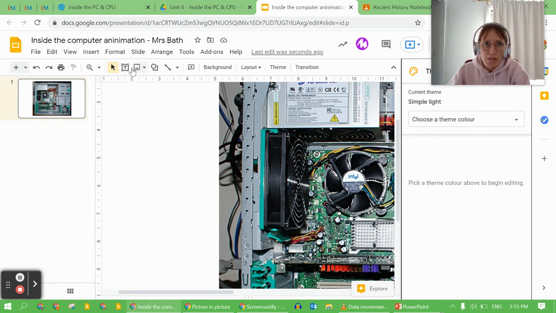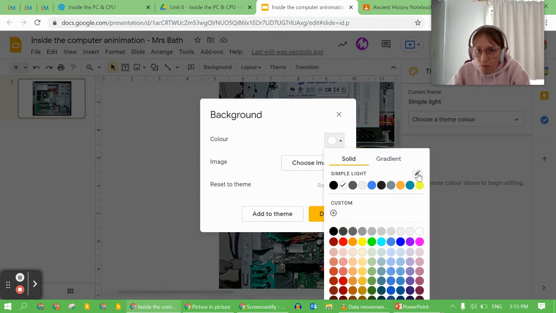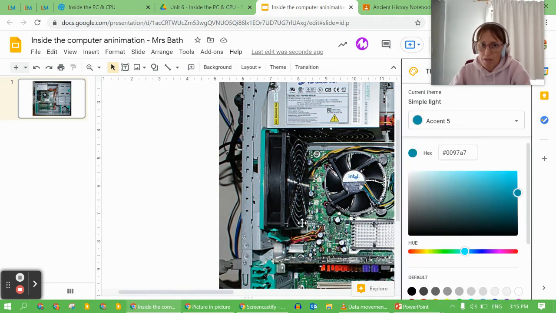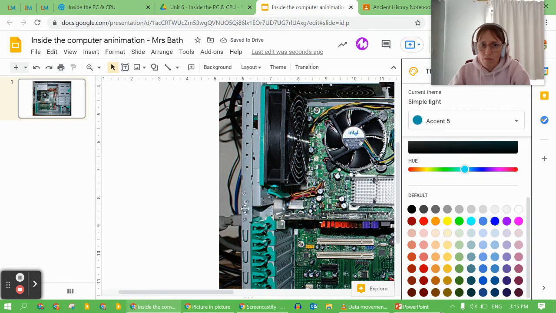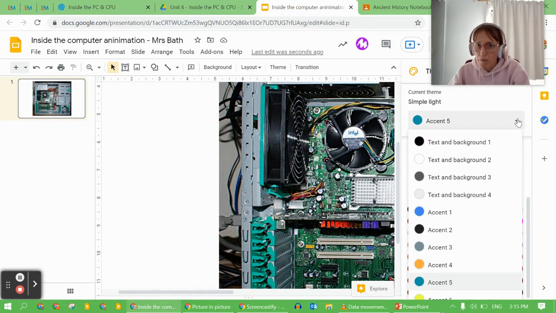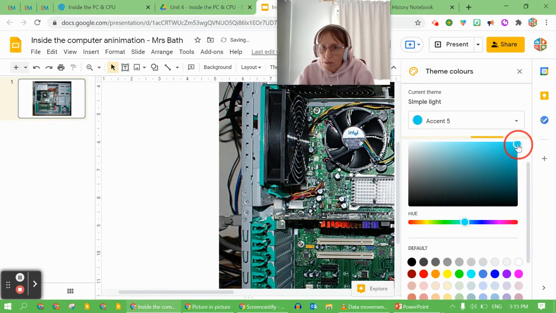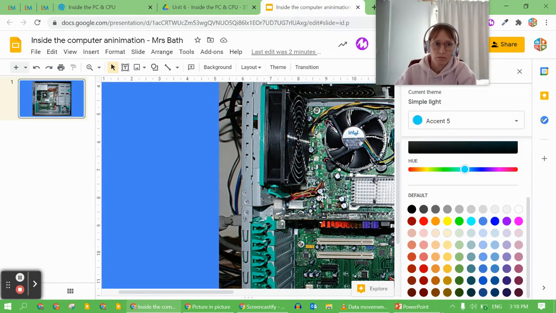and, oops, where'd it go? Background color. It's not going to let me. Okay, so maybe it's picked it up already. So I might use that color there. Okay, and that will do for my background. It's not going to work. Where are we? Here. Okay, let's just figure this out for a second. Okay, so